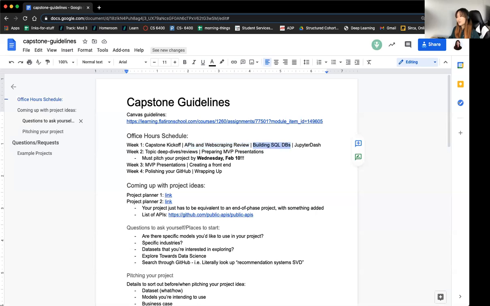On Thursday, I'll be walking through building SQL databases. I'll be talking through a couple ways you can do that. One is actually using the pandas to SQL method. That's the first one I'll go through on Thursday. If you want to look it up, it's there. It's a very, very simple way to take your pandas data frame and turn it into a database. Some pros and cons that I'll go through tomorrow.